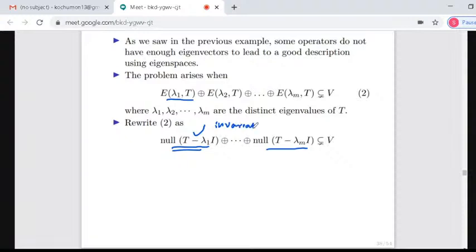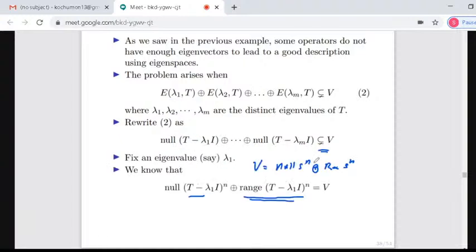I can show you later. This is an invariant subspace of T. This V, I am trying to write it as a direct sum of invariant subspaces. Okay, so this is one way of writing V as a direct sum of invariant subspaces. So in this case,